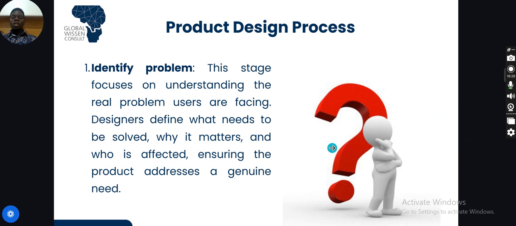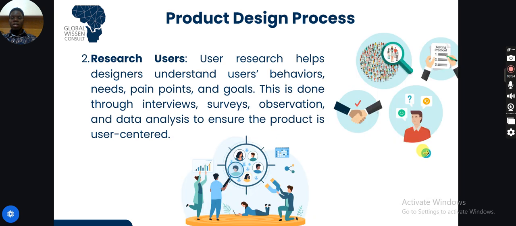All right. Now, in identify the problem, at this stage you need to focus on understanding the real problem users are facing. The designers define the need to be solved. What need are you solving? Why does it matter? And does the product address a genuine need? All right, so these are all the things you need to identify. The problem is very, very important. All right. Secondly,